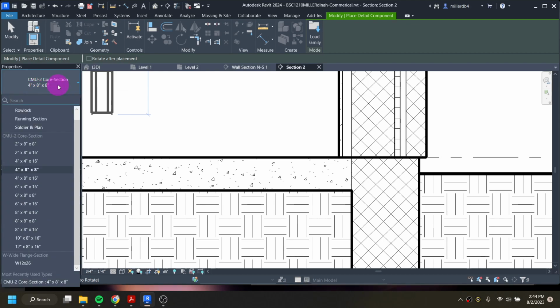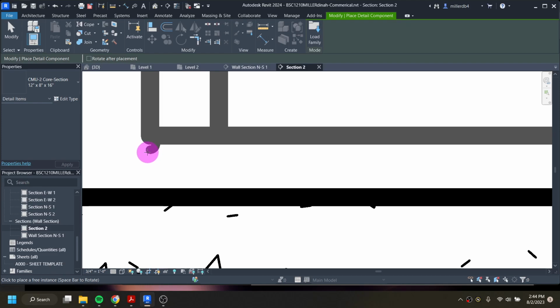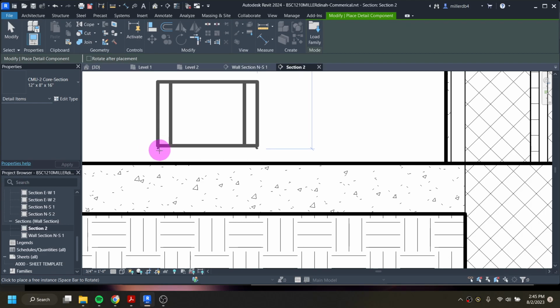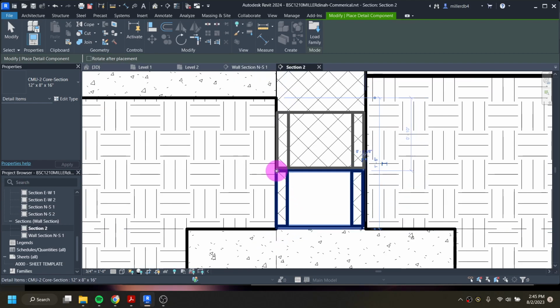However, if I open up these properties, we see that there are quite a few others that we can choose from, and we do have a 12-inch by 8-inch by 16, which is the one we are going to want. Another thing you'll see is if I zoom in, we actually have a little mortar joint built into this component. So that's very helpful in just being able to place these and knock them out as we go. Now what we could do is place one and then place another